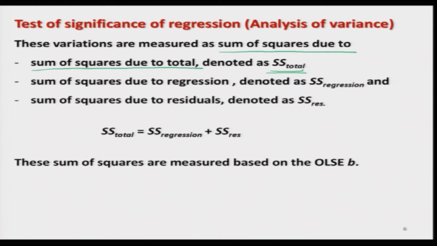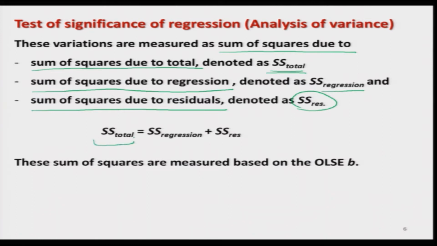And then the sum of square due to the fitted model, which is called sum of square due to regression, is denoted as SS regression. And the third component is the sum of square due to the random errors. So, this is the sum of square due to residuals, which is indicated by SS res. Okay, so you can see here I can write that the sum of square due to total is partitioned into two parts, sum of square due to regression and sum of square due to residuals, and both of them are orthogonal to each other,